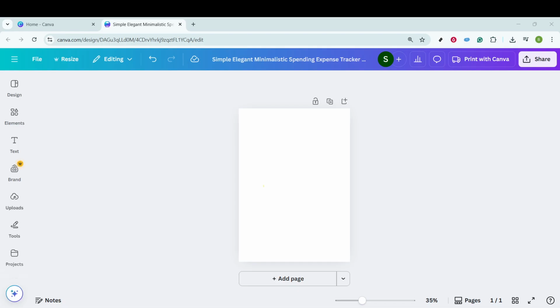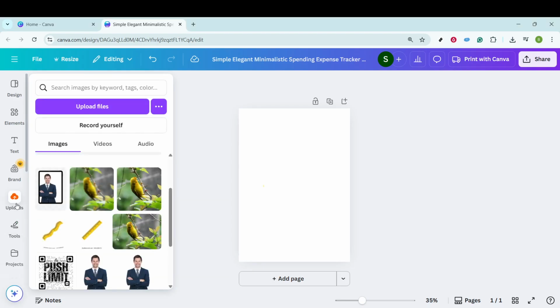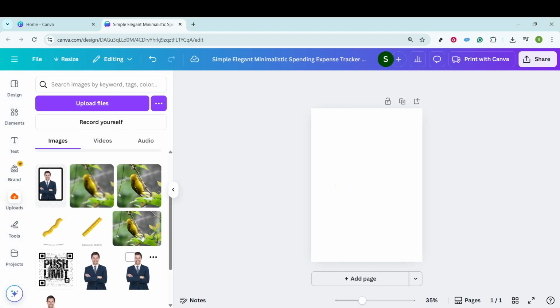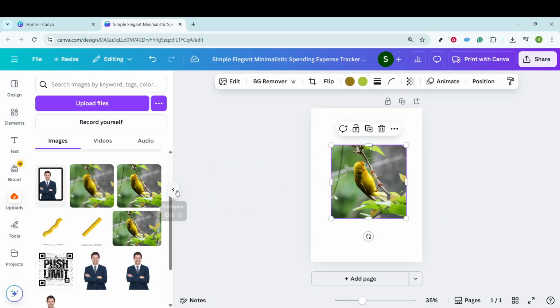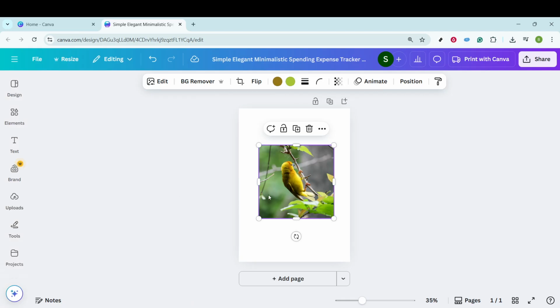This is where you can easily bring in your own images or files that you want to work with. It's a straightforward process that ensures you have all the visual resources you need at your fingertips. Once you're in the Upload section, simply drag and drop the image you want to use as your mockup right onto the canvas. By doing this, you're effectively setting the foundation for your mockup design. It's important to note that the quality of your image truly matters, so make sure it's high resolution to achieve